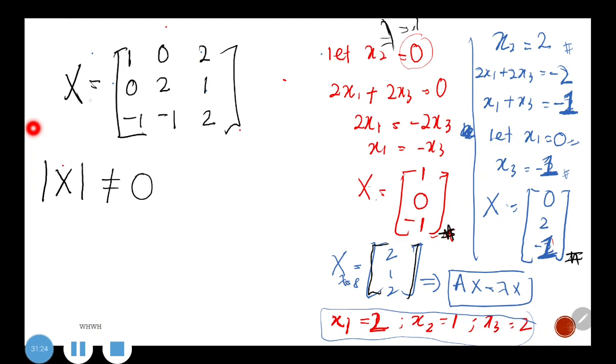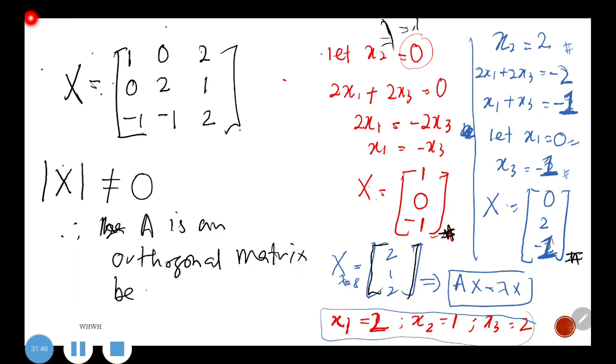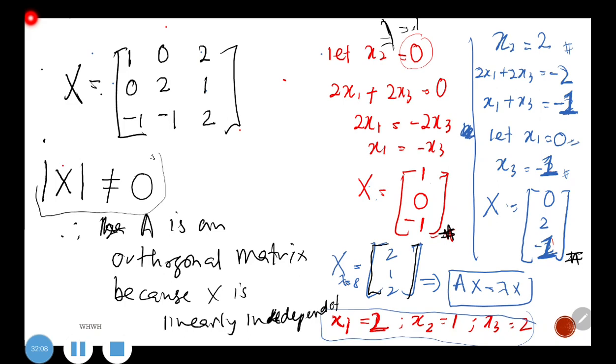I don't want to make this YouTube video too long. So then you can find the determinant, and you should get that it is not equal to 0, so matrix A is an orthogonal matrix, because matrix X is linearly independent, as you have proven that its determinant does not equal 0. Don't just show it like this. You have to show what the value of the determinant is. Find it. Alright class, so with this we have completed